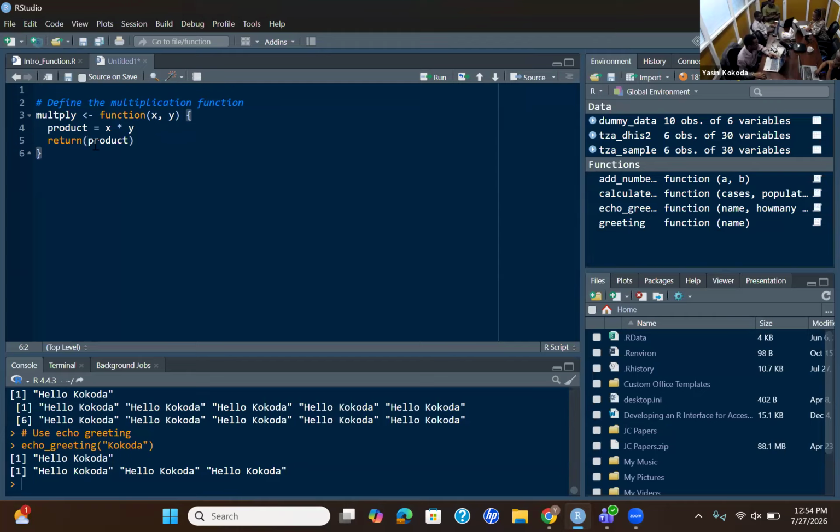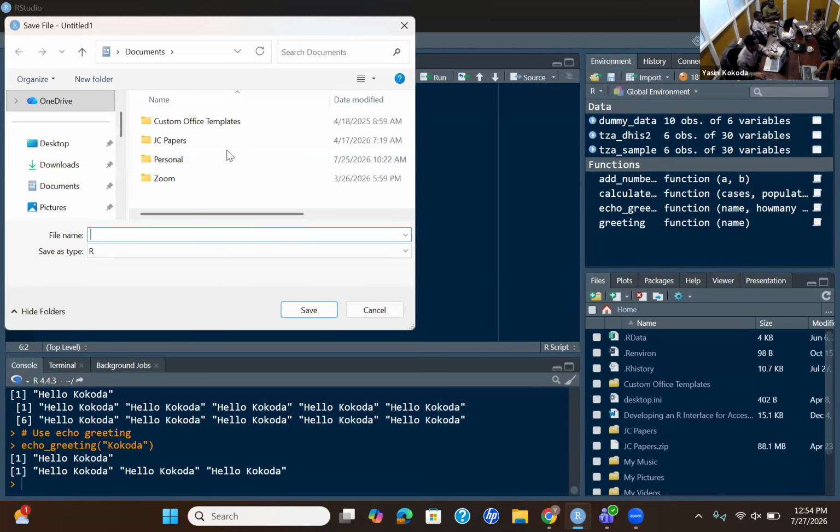You see, if we run this, the function will go in the environment because we are using the same environment for the same script. I want to save the file.